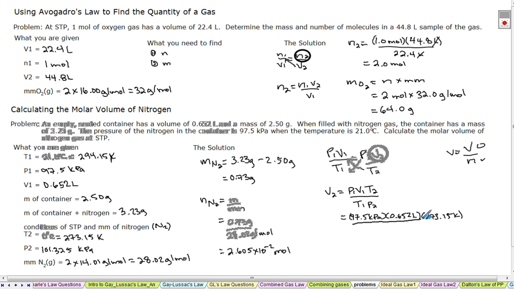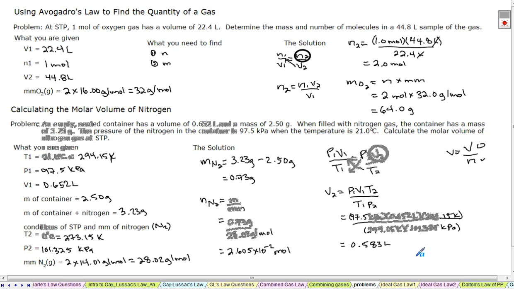Divide all that by our initial temperature, which is 294.15 Kelvin, times our final pressure, which is 101.325 kPa. And when we calculate that out, we get 0.583